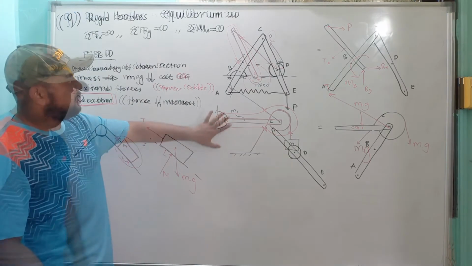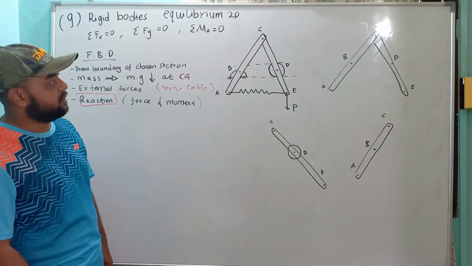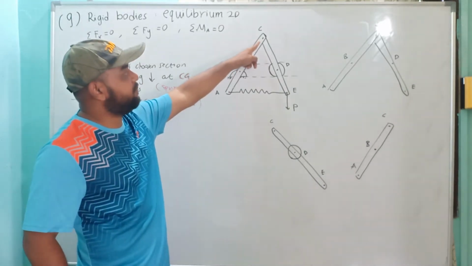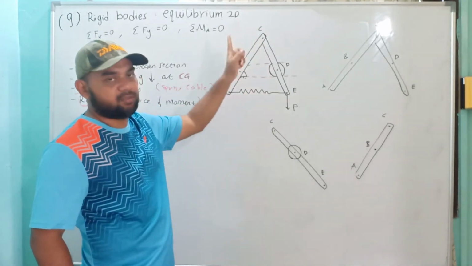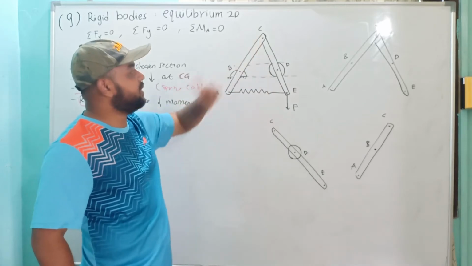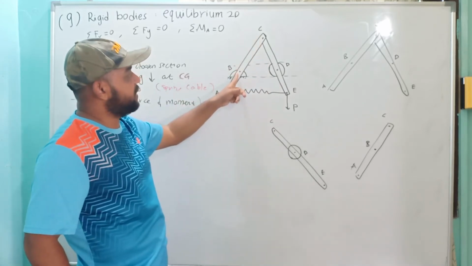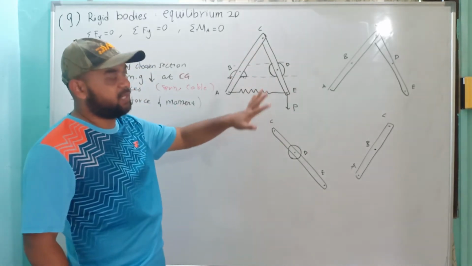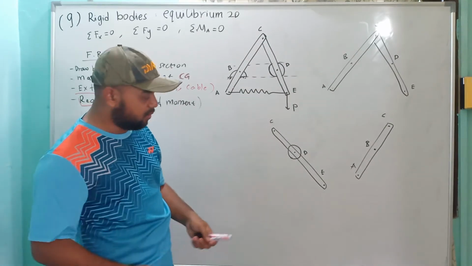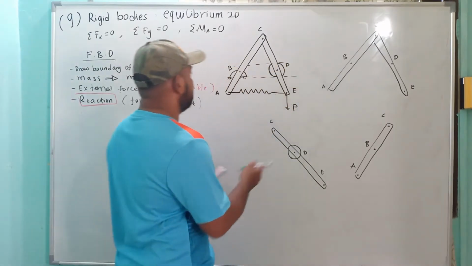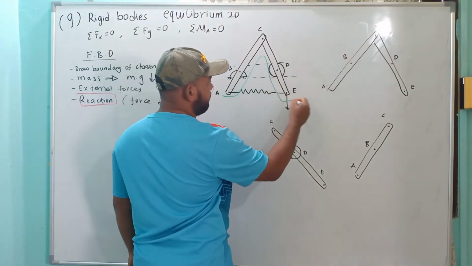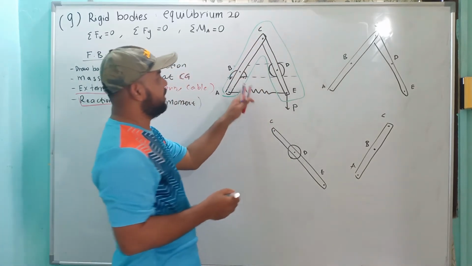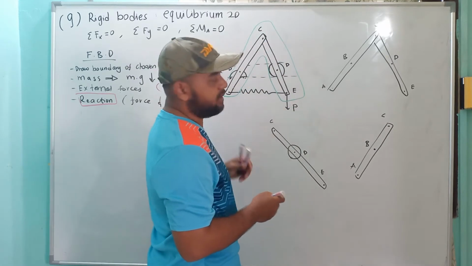Three examples. Okay, so in this example we have two rigid bodies, which are A, B, C, and then we have a pin joint here at C, D, E. So two rigid bodies attached together with a pin. So we have a pin joint here at B and a roller at D. So you have to draw the different free body diagrams. The first one is the whole free body diagram. So if you want to draw this one, you take this part. Okay, so you see that it involves the cable here, pin, roller, and this force.